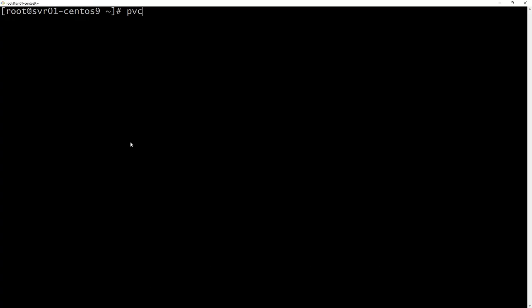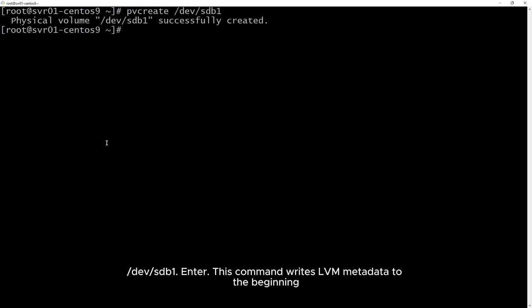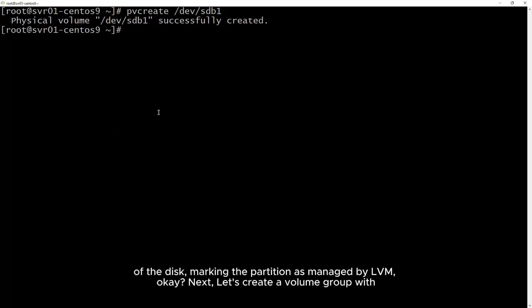Thirdly, we need to create a physical volume from the partition using the command pvcreate /dev/vdb1. Enter. This command writes LVM metadata to the beginning of the disk, marking the partition as managed by LVM.